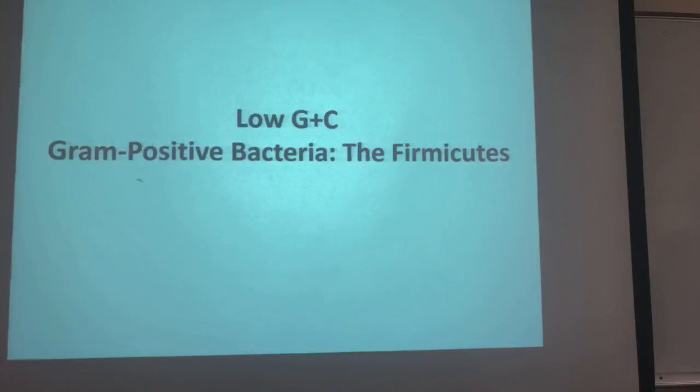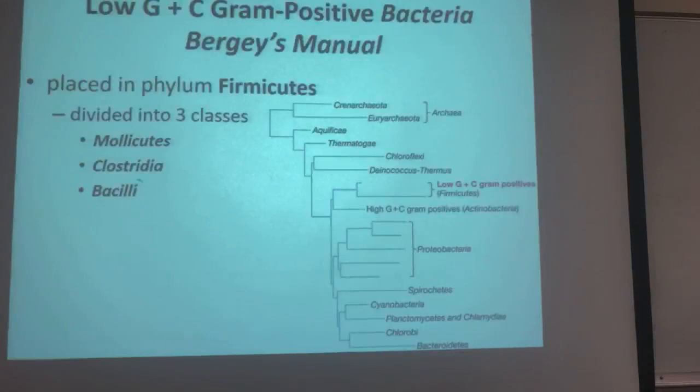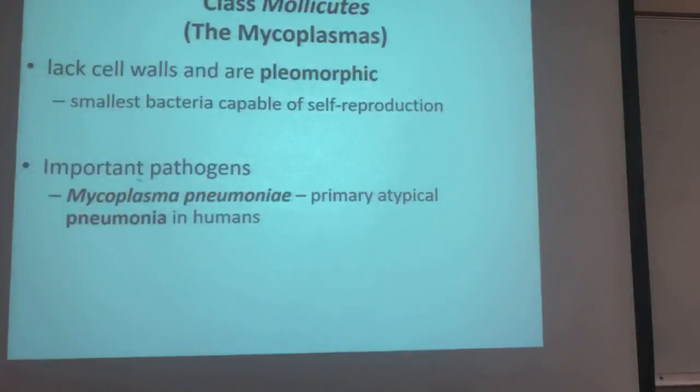What else? Moving on to the gram-positives now. We talked about the Mollicutes, which are pleomorphic. Remember, these are a class of gram-positives that don't have a cell wall. That's why they're pleomorphic, which means they don't have a particular shape. If you don't have a cell wall holding you in a particular orientation, you're not going to have a particular shape. That makes sense, right?